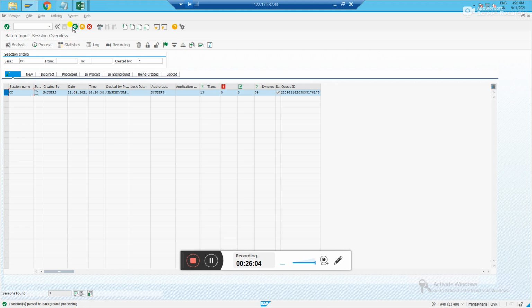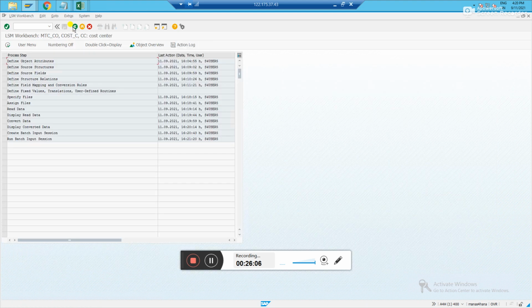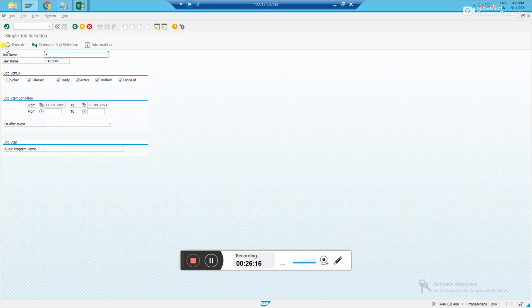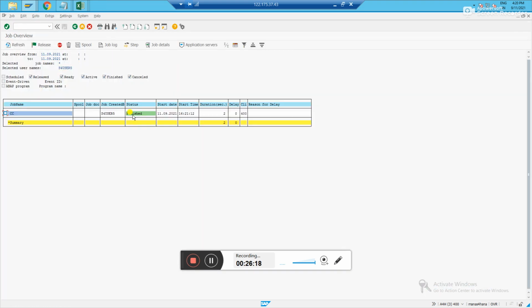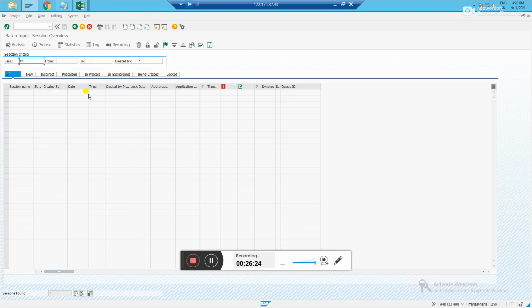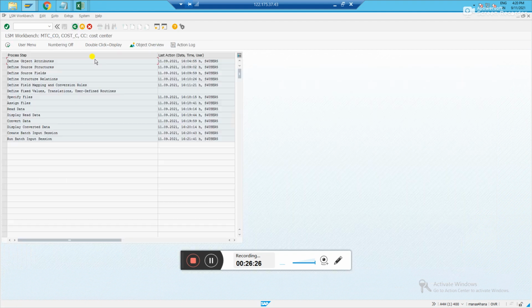Let us see where we see the batch job. We'll go to SM37. Yeah, this is finished. Let us go back here. See, ours has disappeared here.